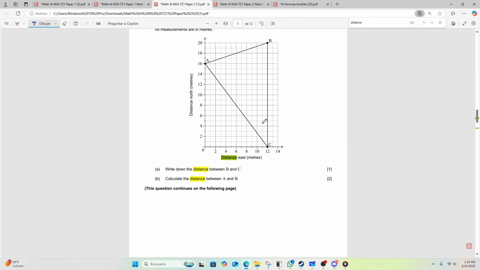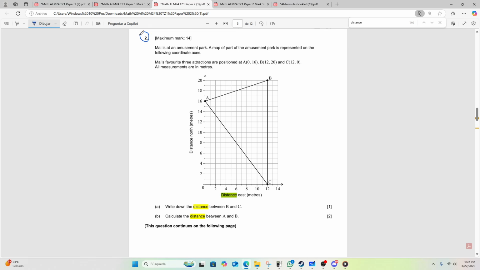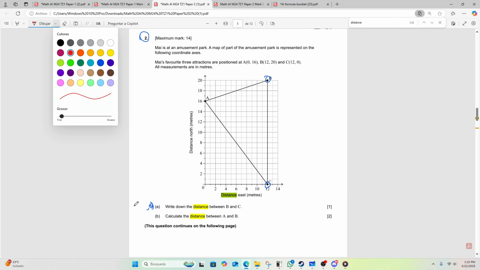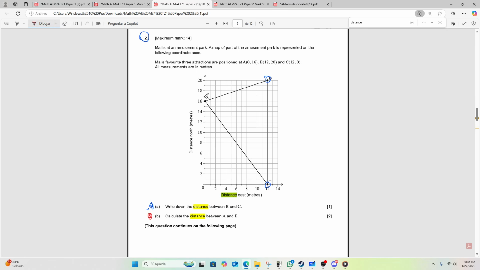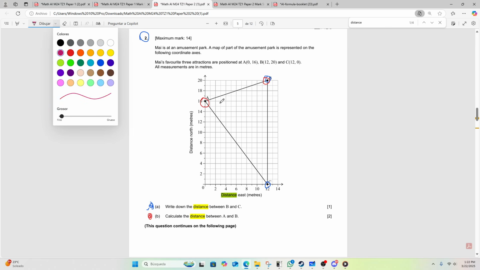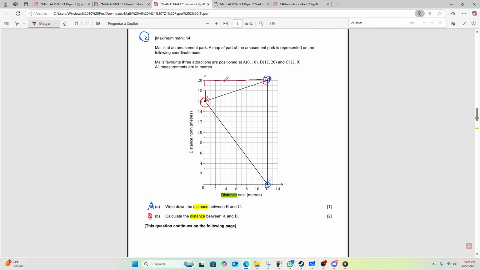All right, perfect. So paper 2 has a good example for number 2. We can see that here it says, write down the distance between B and C. Then it says, write down the distance between A and B. And so some of you might be thinking, okay, I can probably create a right triangle here. I can do Pythagoras. Yes, that works. Okay, it'll work. Don't worry.